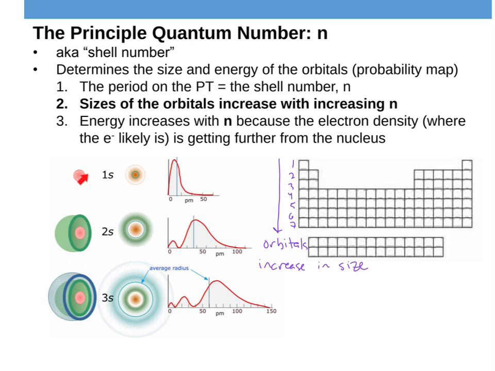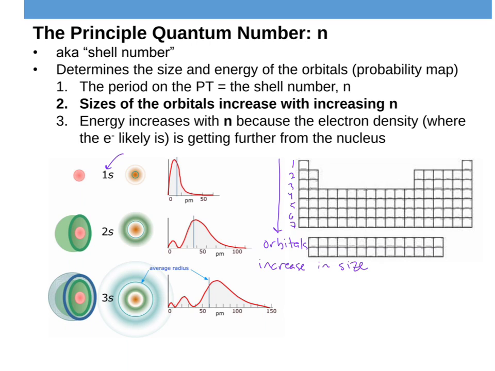We would say, oh, here's a 1s orbital, here's a 2s orbital, it's bigger, here's a 3s orbital, it's bigger yet, and you would just continue going down the periodic table that way. And the same thing applies for the others, the p's, the d's, the f's. Any orbital, whatever this number in front is, right? This number in front is the n.